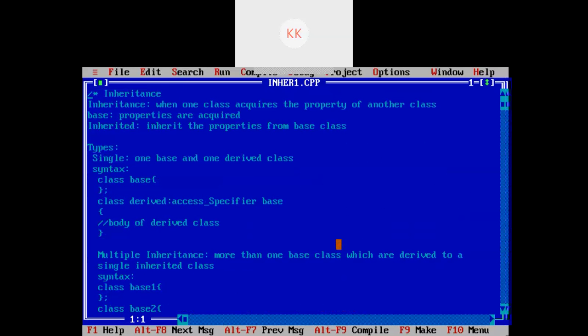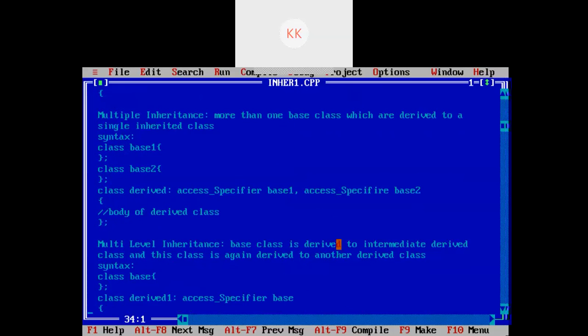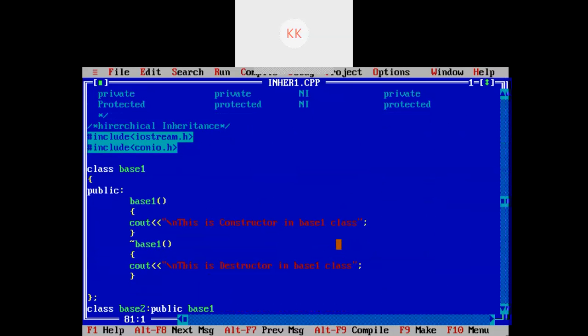Generally, the data members which we want to inherit into a new class are declared as protected. Here we have written public, but generally, whenever we want to inherit any data from the base class, we declare it as public. If you give the access specifier as private, it will not get inherited.